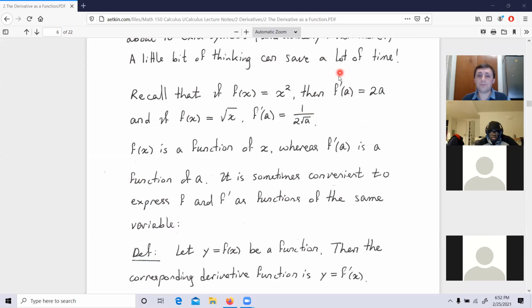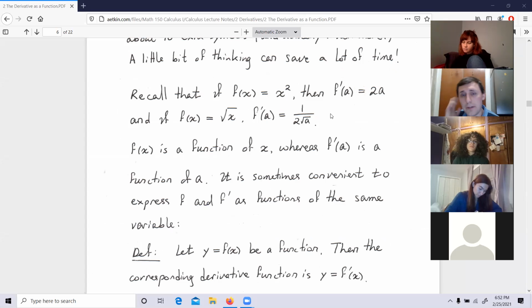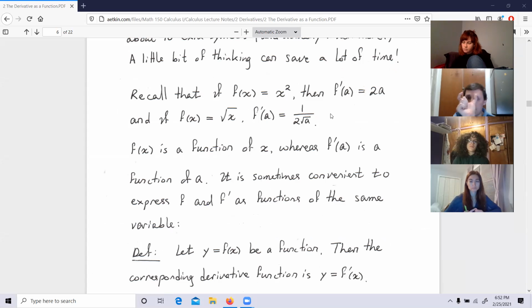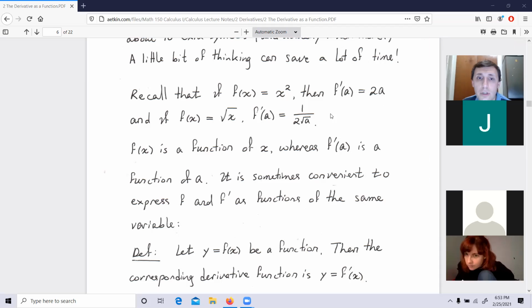Okay, guys, now you notice what those formulas indicate. They give us a formula, right? They give us a function. It tells us what to do with the point. If I'm zooming in, so if I take a point x, y on the graph, then if I know the x coordinate, I know how to calculate the slope of the tangent line. So for the root function, if I want to calculate the slope at the point a, all I have to do is take 1 over 2 root a. Yes, that's going to be the formula for the slope.